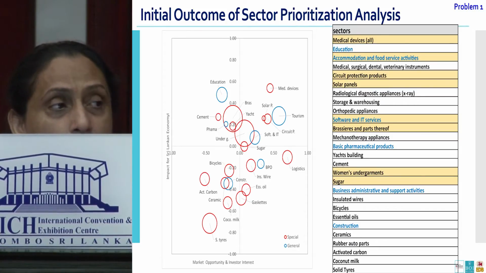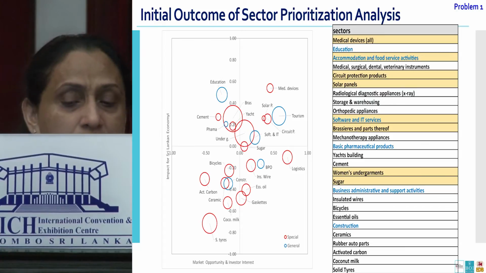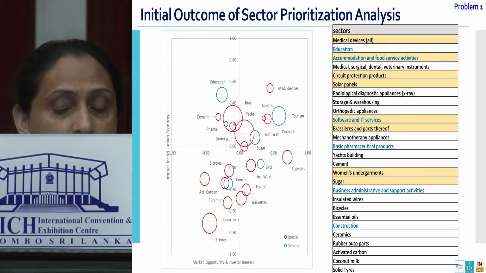So we know apparel, we always talk, is one of our best products, but we have to ensure, if we are to sustain that, what things we should do. And at the same time, we are very concerned about education, especially vocational training, because it applies to all the sectors' sustainability. So this is the initial outcome of our analysis, and we need to go through in-depth